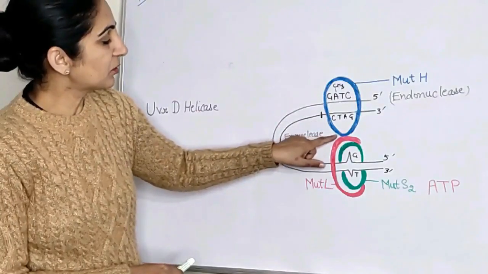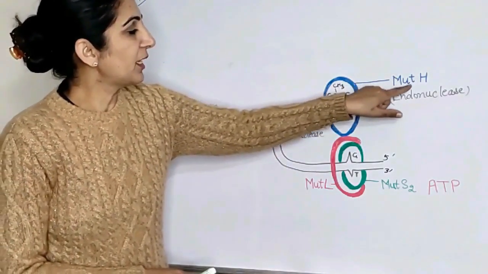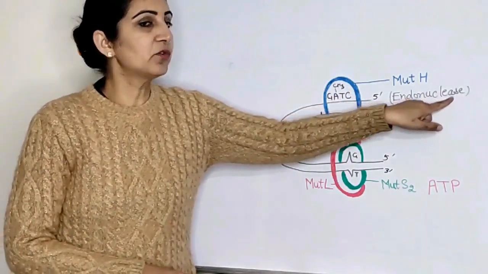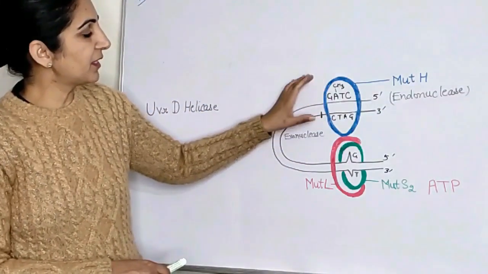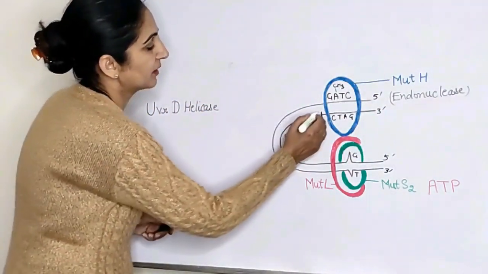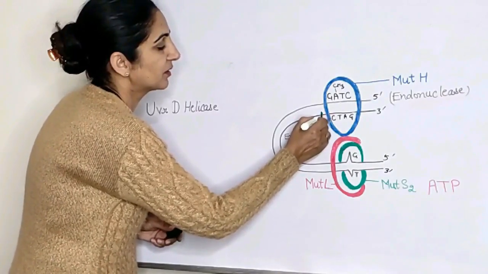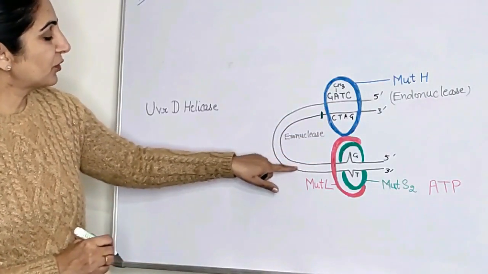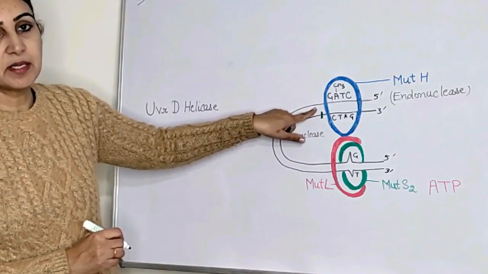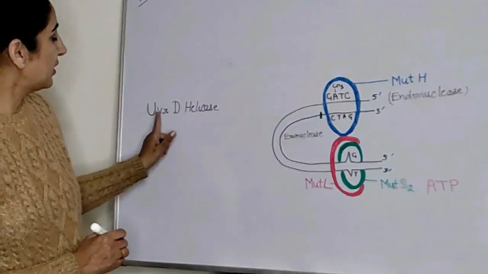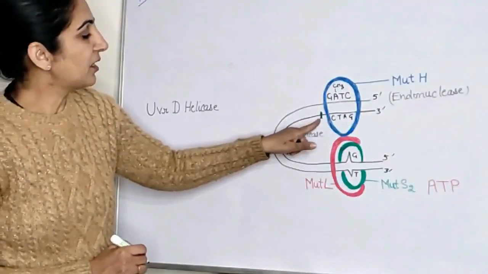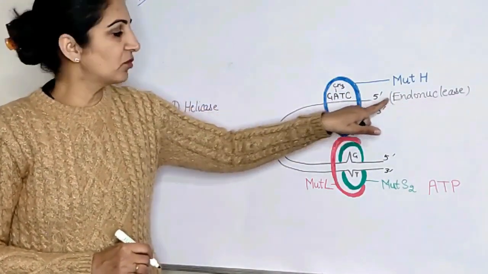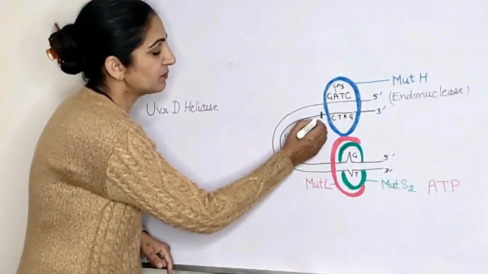When this contact occurs, MutH protein gets activated. MutH is actually an endonuclease. So when it gets activated, it produces a nick here in the adjacent segment. Now this portion of the DNA has already been unwound with the help of the UvrD helicase. And now we have made a nick with the help of MutH, which is actually an endonuclease. So after this nick is made,